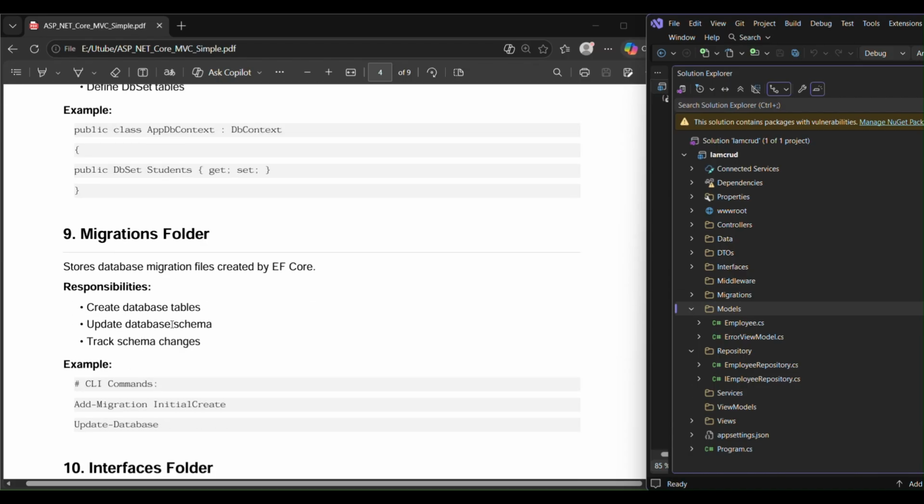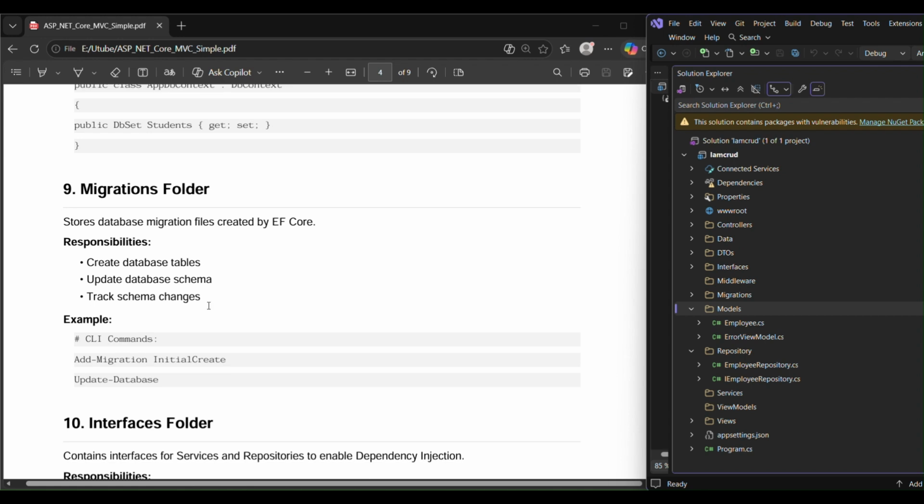Okay, what is migration? When you connect your database to your MVC project using a connection string, you use migration. The migration part connects your database to your MVC project and automatically creates your database tables.